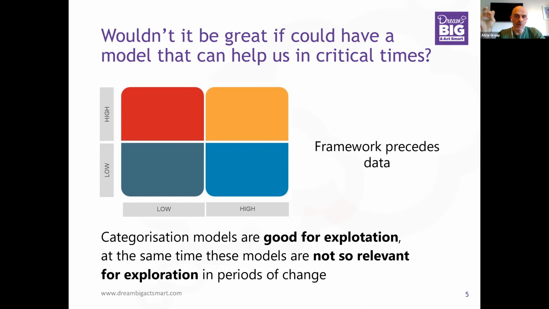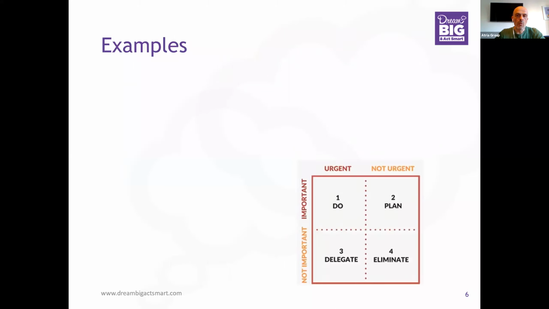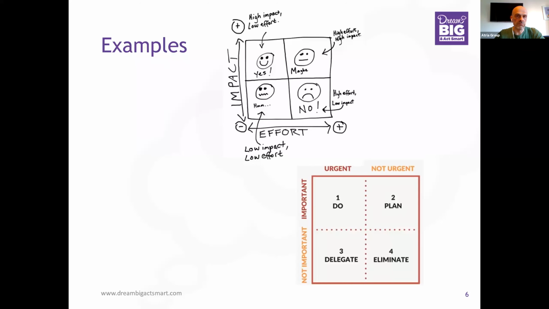However, these types of models are not so good for exploration, so learning about something, because the framework is predefined. A typical framework I already mentioned is the urgent and important matrix. If you're a coach, mentor, or trainer, this is one of the basic tools that we use in time management for prioritization. Another tool that is very well known in management, in training and coaching, is the effort impact matrix,